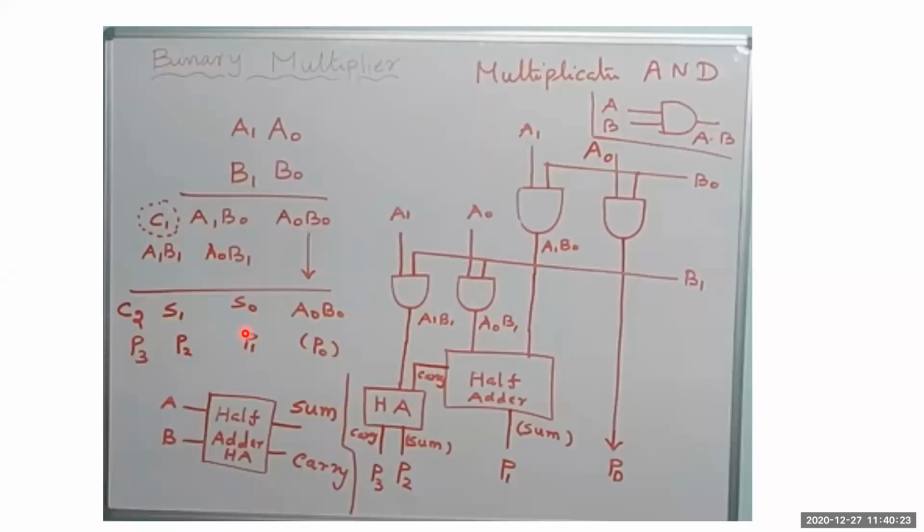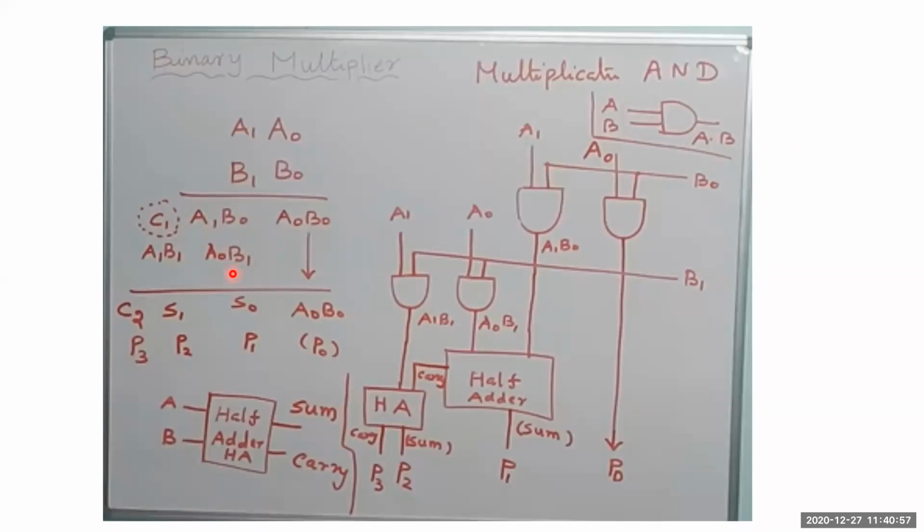The same thing I have put here in a diagrammatic form. For the first case, A0 and B0 are the inputs of an AND gate, which produces some output. Let that output be P0. In a similar way, the second partial product is A1 and B0. Here the inputs are A1 and B0, and it produces the output A1 and B0. So we have obtained up to this part. This is the design part.